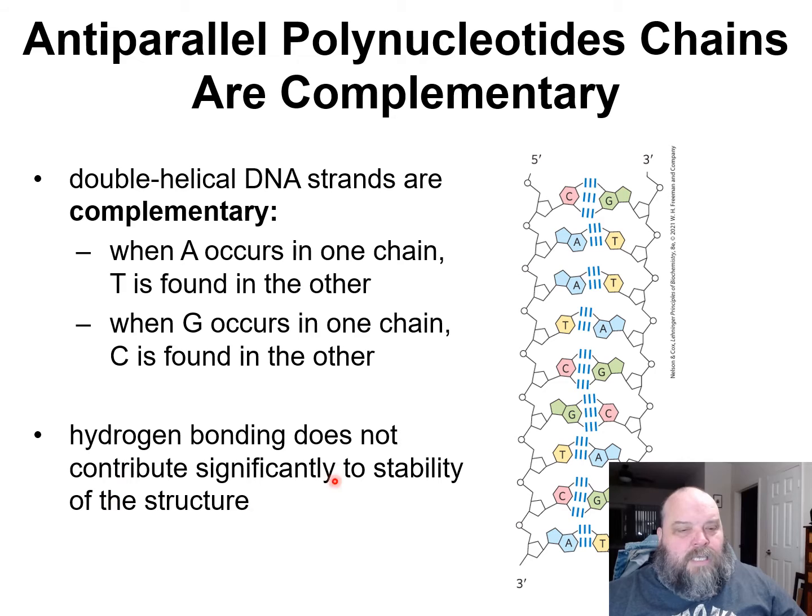The textbook says the hydrogen bonding does not contribute significantly to the stability of the structure, which is quite at odds with what I was always taught in genetics, what I always teach in genetics and cell biology and intro cell. This aids in stability, holding together the double helix. Yes, it's twisted around. You got the hydrogen bonds, the twist, holding it together, and in your cells you have